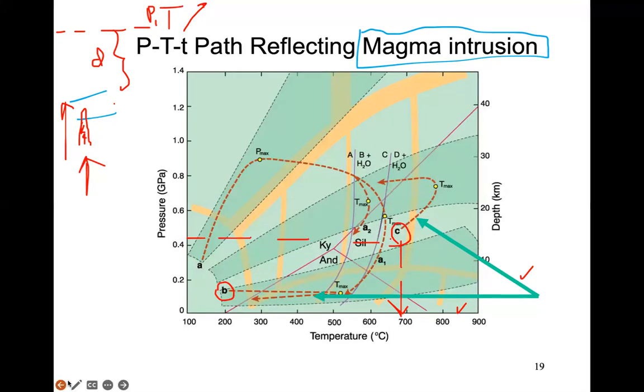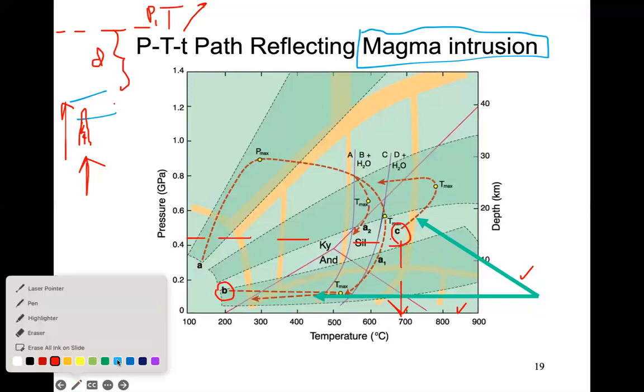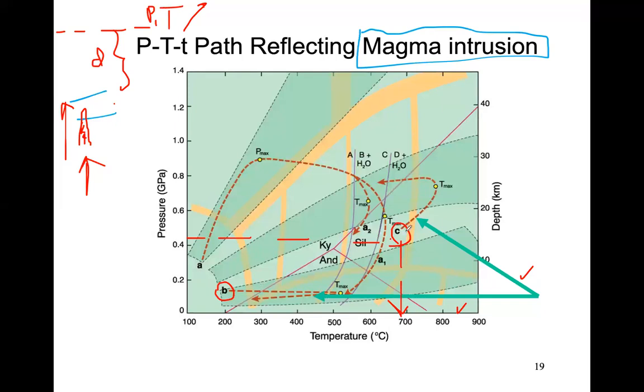So the temperature increases, and also some pressure increases there. Why? Because the magma comes up on top of the layers and makes a little bit further burden on that, right? So temperature and pressure both increase, and at a certain period of time it will